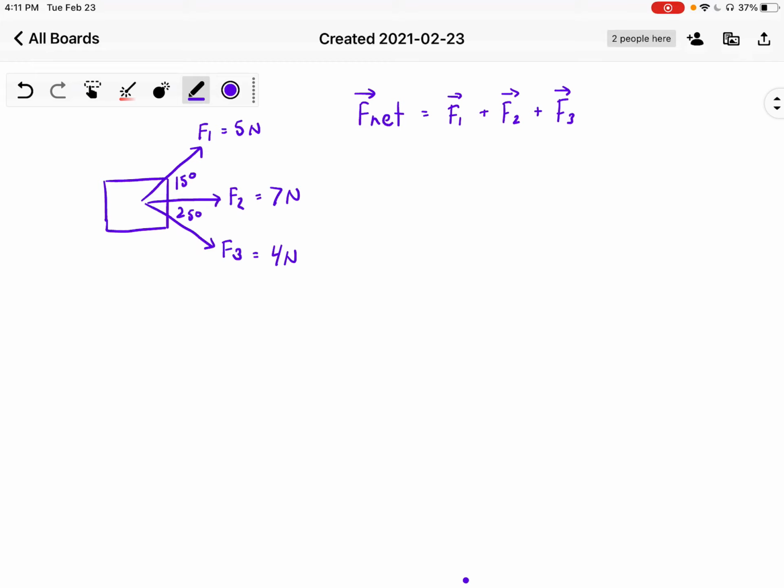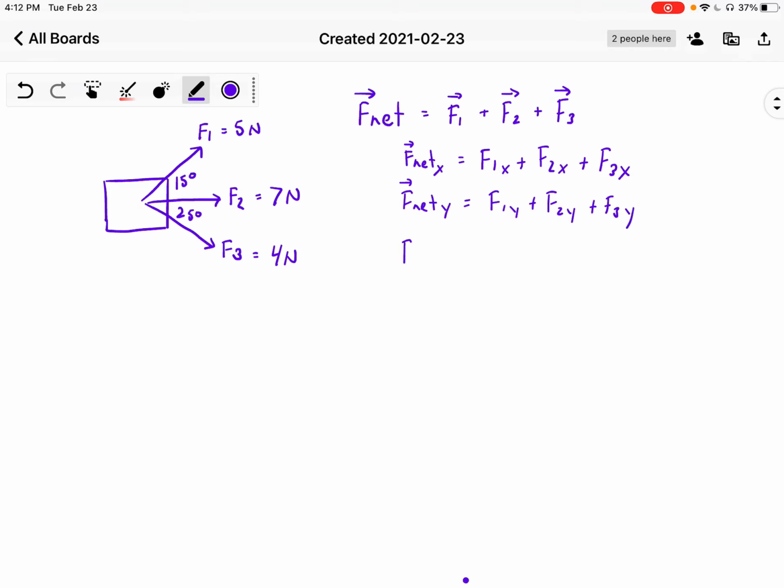In other words, you're going to find F net in the x direction by adding F1x plus F2x plus F3x, and you're going to find F net in the y direction by adding F1y plus F2y plus F3y, and